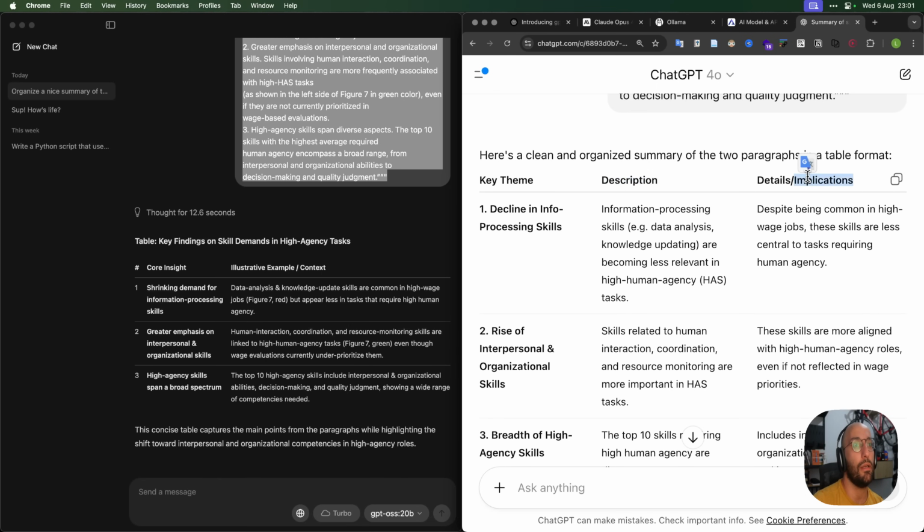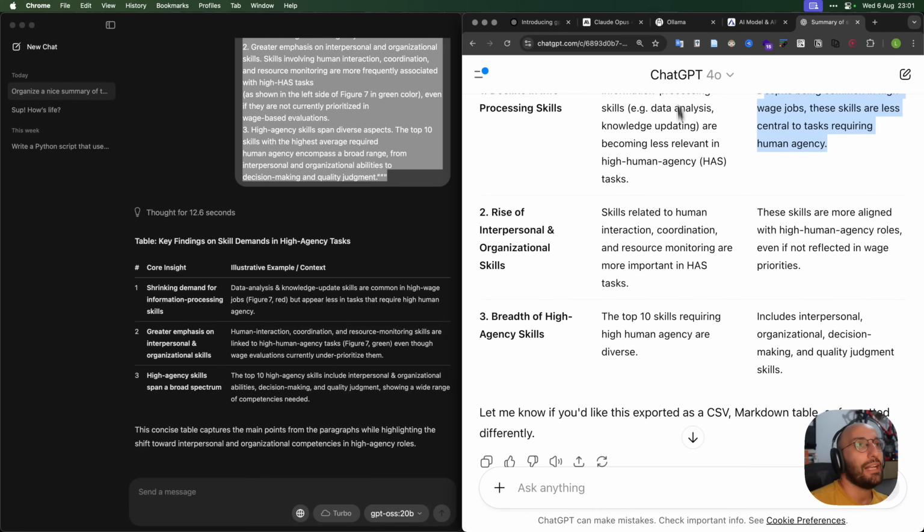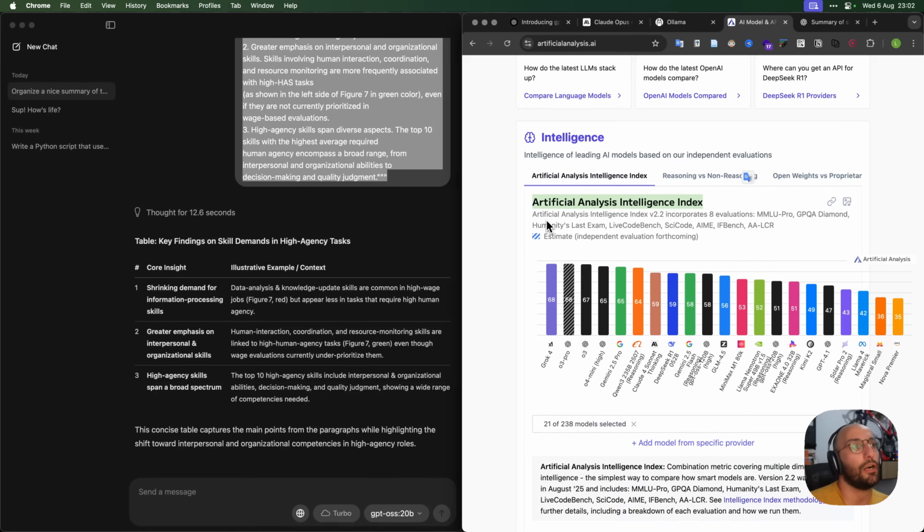So we got key theme, description, detail, implications. Decline in information processing skills. Yeah, information processing. It's relevant. Yeah, despite being common. Yeah, I prefer GPT-4o. That's why I like to do these vibe checks, because if you go to the Artificial